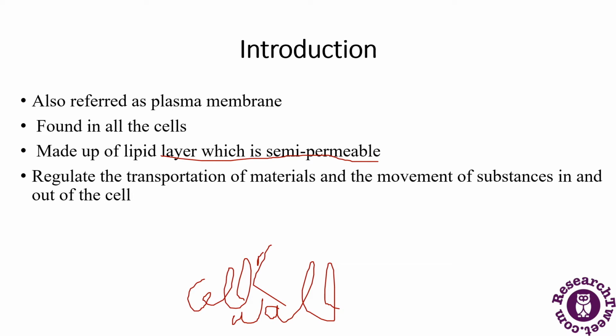cell. The cell membrane is present in all types of cells, whether it is humans, animals, plants, or bacteria. It is the outermost covering in case of the animal cells. It is a lipid bilayer, and it is composed of lipoproteins and carbohydrates. The thickness of the cell membrane is about 7.5 to 10 nanometers. It is a very thin and delicate structure, and it is flexible to change shape as needed.